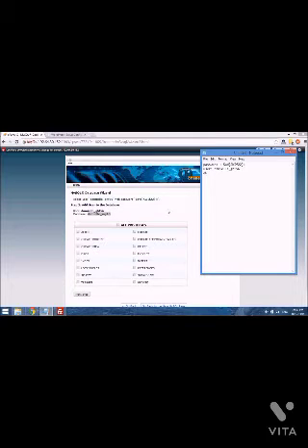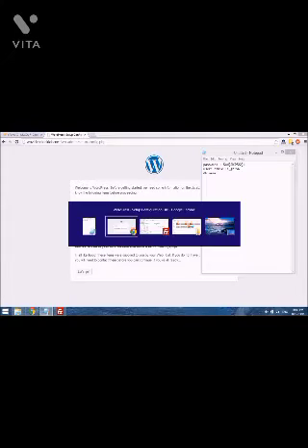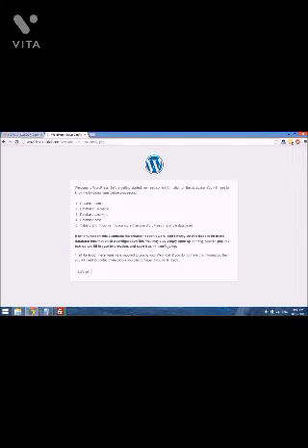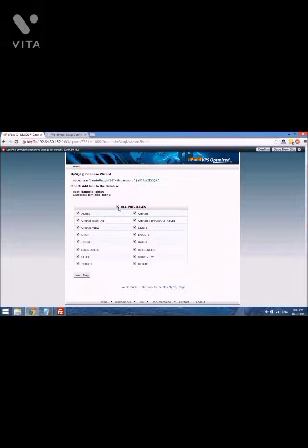So database name. If we go back to our site, you see they ask for database name, username, password, database host, and the table prefix. So if we go back, we've copied the database username and the database name, and we have our password. And this box here that says all privileges, we just want to tick it so that we can have all the privileges which we will need to use this database for our WordPress installation. So we just select next step,